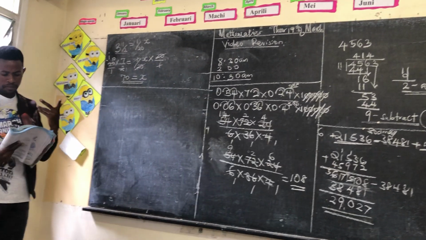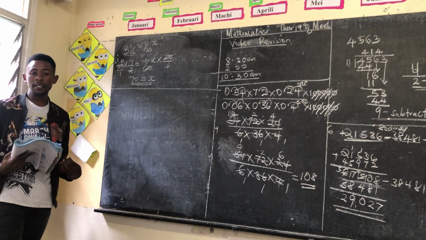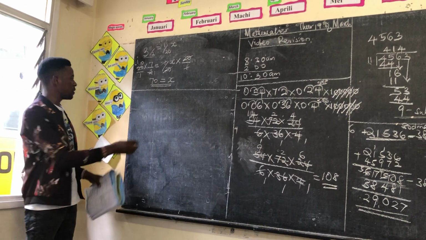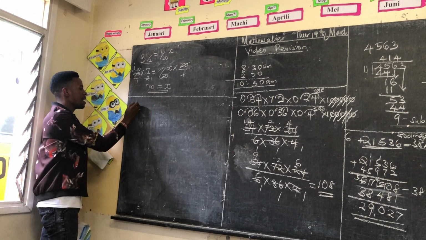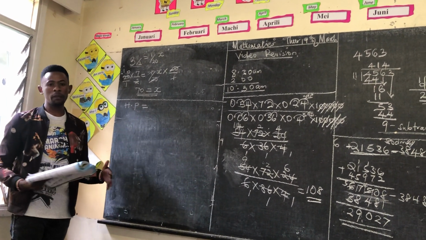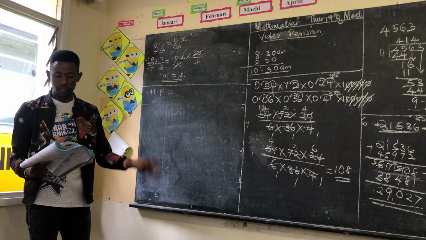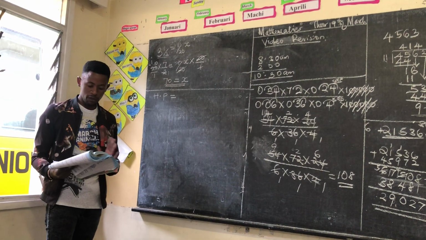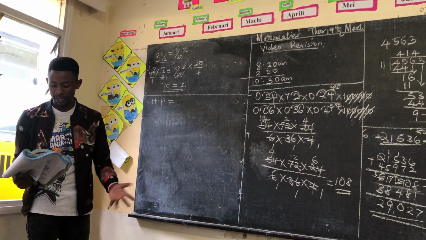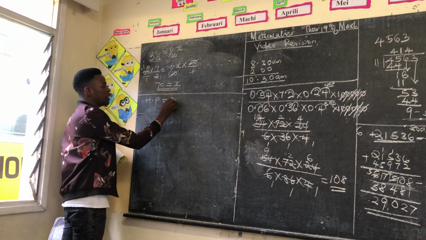I'm sorry, maybe this was just a sum that appeared in our test, but I'm sure we have not gone up to this far on hire purchase. But maybe if I briefly introduce you to hire purchase: it is a way of buying goods without paying the full amount, but there is always a certain amount that you pay first, we call the deposit, and then the rest of the amount that you've not paid, you pay in bits of months or in installments of months. So hire purchase is always made of the deposit